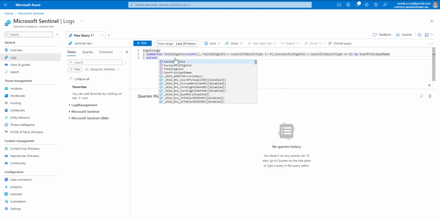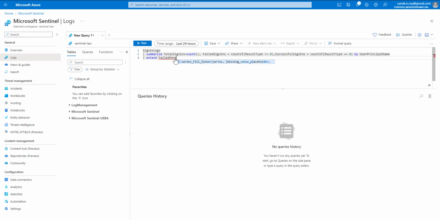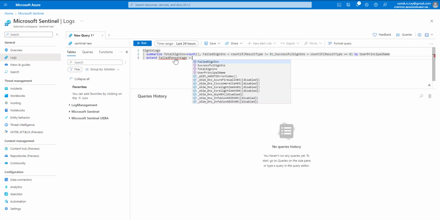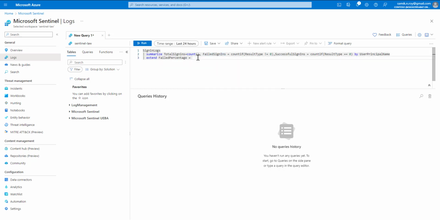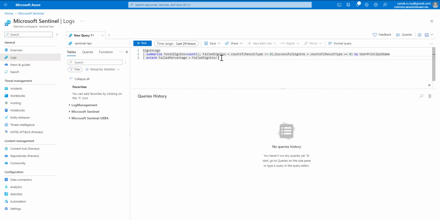So I would say failed percentage, and what I would do is we would copy the failed sign-ins and divide it by total sign-ins and multiply it by 100. All right,